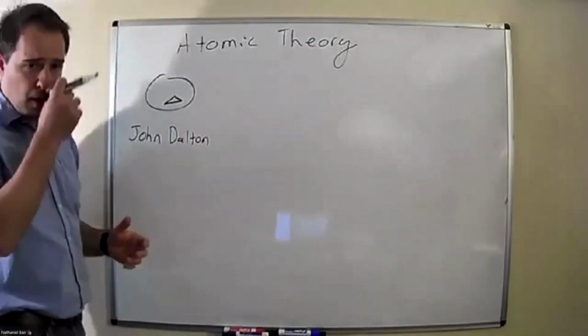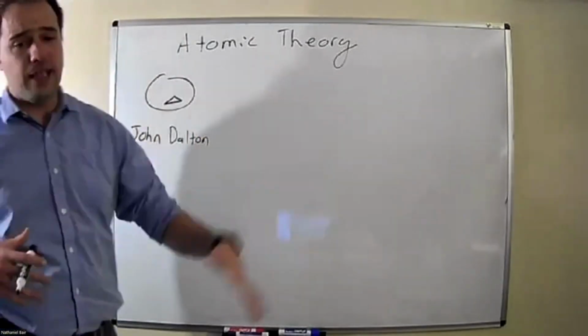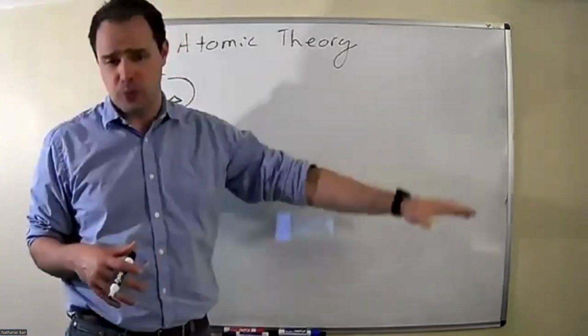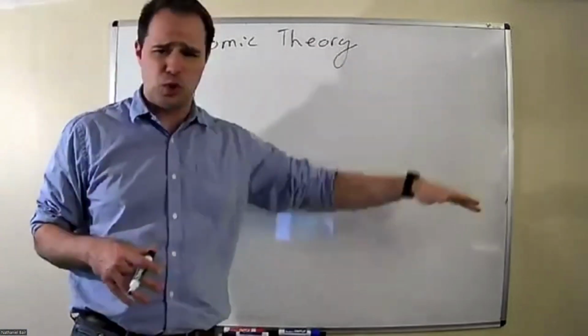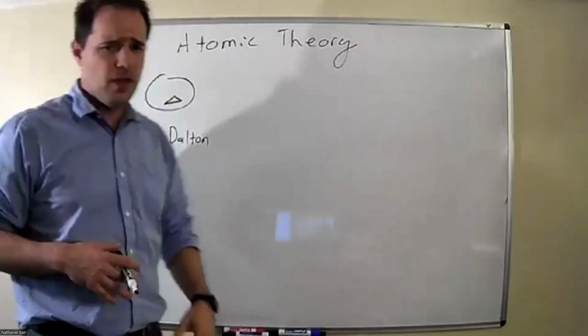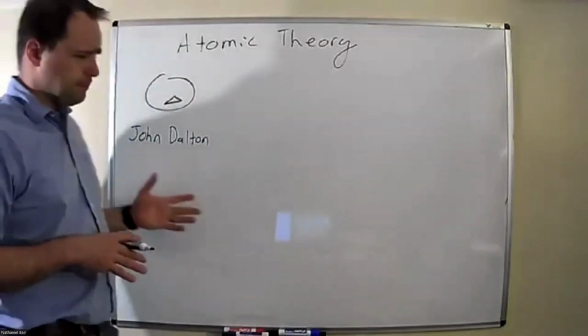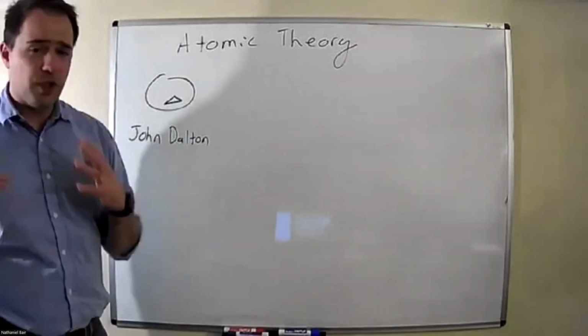Don't think about it too hard. But John Dalton would have said this is a solid thing. He would have said there's nothing inside the atom, that this is as small as it gets. Of course, we now know there are subatomic particles: electrons, protons, neutrons. There's even quarks and strings and superstrings, and I don't even care about that stuff. I'm not a quantum physicist. That's not my thing. John Dalton in like 1808 puts out a paper, says four things about the atom,